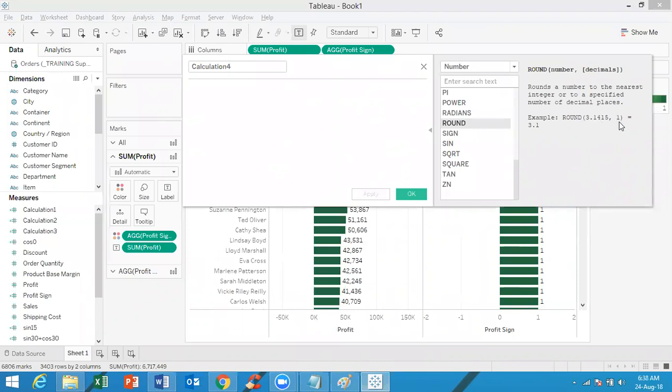First we will try to understand the logic behind the round function. While rounding the decimals to n places, as you can see, the result is 3.1 here. Round will check the n plus 1 value. If the n plus 1 value is greater than or equal to 5, then it will add 1 to the n value, else it will display the n value. So how it functions is, for example,